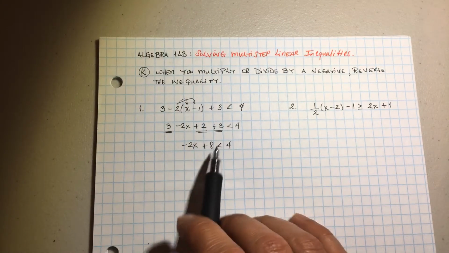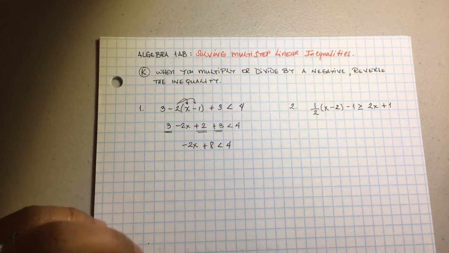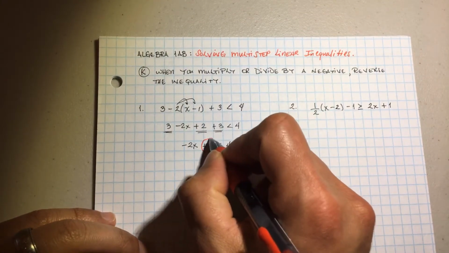And letters on the left, numbers on the right. And so you're going to take this guy, the positive 8,